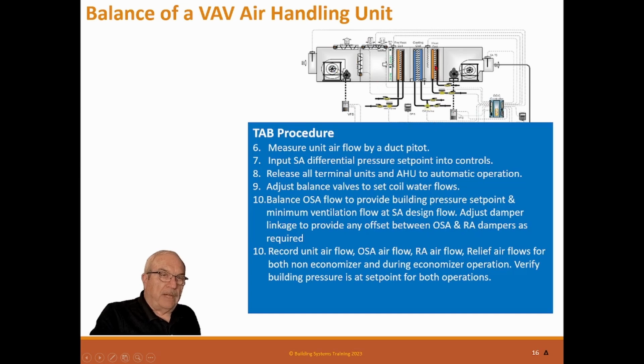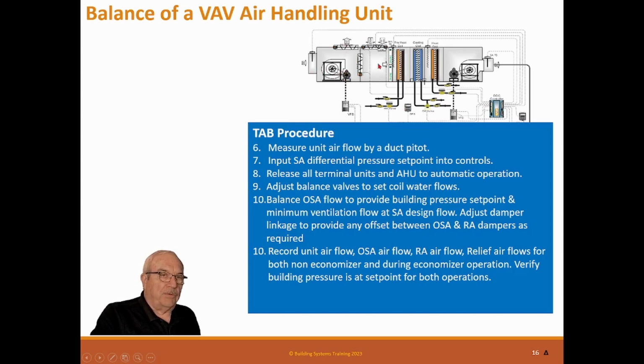So when you get it balanced naturally and you have your ventilation set up for building pressure, then you need to turn on the economizer, see what happens at full economizer. It's really irritating when you have a building that runs fine and they turn on the economizer and it blows the doors open. It's because it's not set up for both. Now, sometimes that's a problem for a balance guy. Now this one has an active supplier pressure, a building pressure sensor, which is great because you can now control that so that won't happen. But if you don't have one of those, then you need to adjust things so it's a little bit both ways,